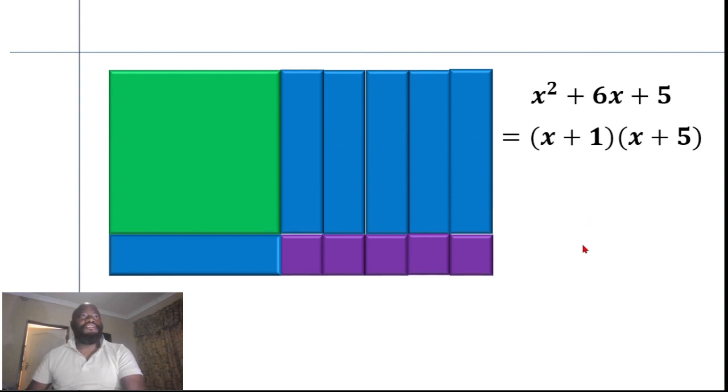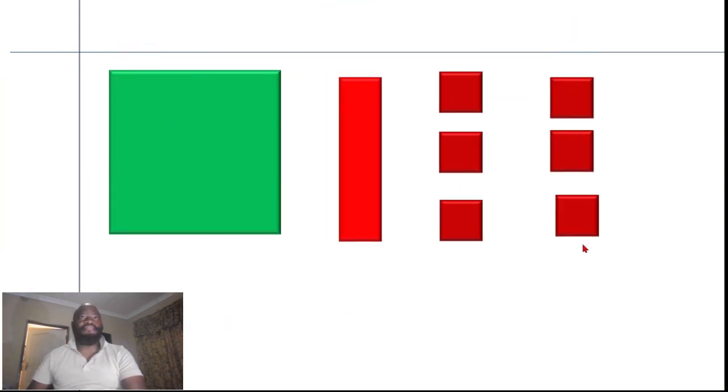Okay, let's see one that's a little bit different. So now we have red things now. So the expression now becomes x squared. This is still a positive x squared, and this is a negative x, and these are 6 little negative ones, and they add to give us minus 6. This means this is x squared minus x minus 6,